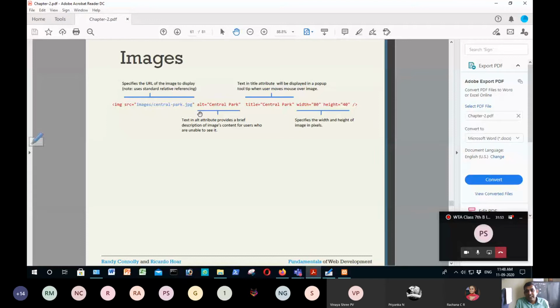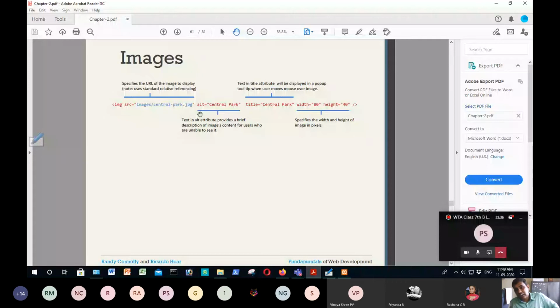And of course, an image will have a size, so length, height and width should be there. In a web page, I should display the image in a particular area. That is the reason width and height are important attributes, which we have given as 80 and 40. You may wonder what these 80 and 40 are. See, for width and height, we can use various metrics. We can use pixels or PT, points, in HTML. So here you can assume 80 by 40 pixels. That means width is 80 pixels and height is 40 pixels.